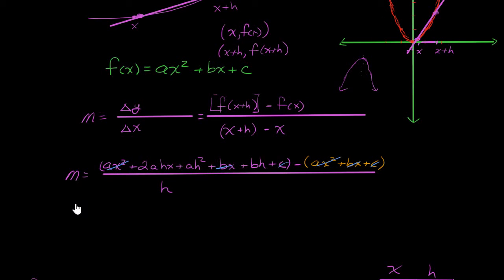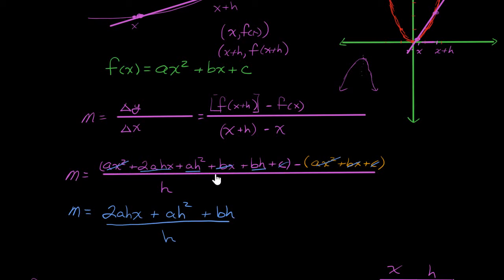So now I'm left with slope is equal to 2ahx plus ah squared, so I've got this term, I've got this term, plus bh, I've got this term, all other terms have gone to 0, all over